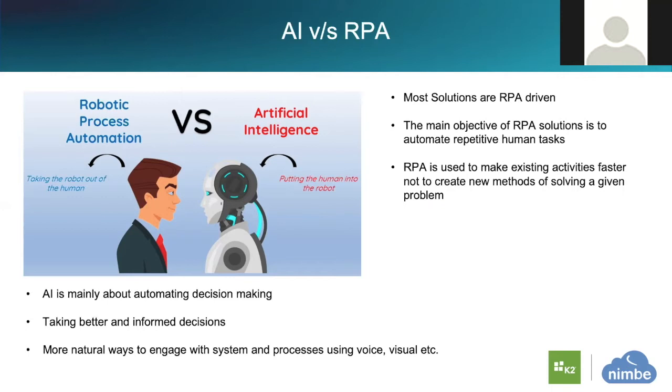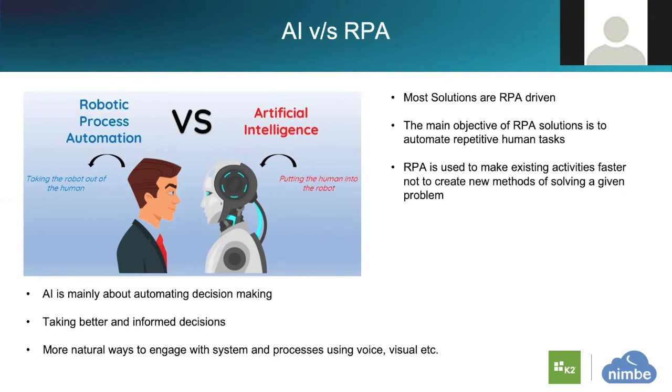Whereas with artificial intelligence, the AI part is the other way around, where you want to take the decision making out, or even if you don't want to take it out, at least you want to assist the workers or the humans taking that decision. So the machine is learning at that point and figuring out the best decision to take given a set of input data.